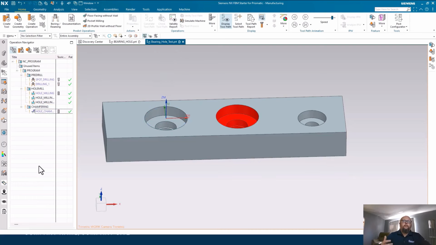All right, so that's great. We kind of understand a little bit now about applying some conditions. What if we want to expand and do something different for a red feature? Now I'm using color as an example in this demo. However, this could be any kind of differentiator. It could be something like a feature attribute, a face attribute. It could be a PMI note. It could be a PMI dimension with a tolerance,